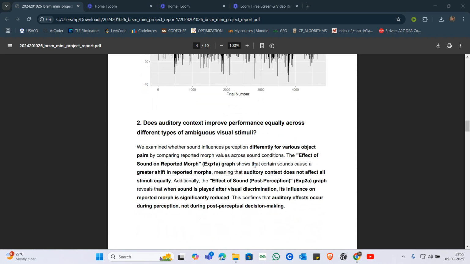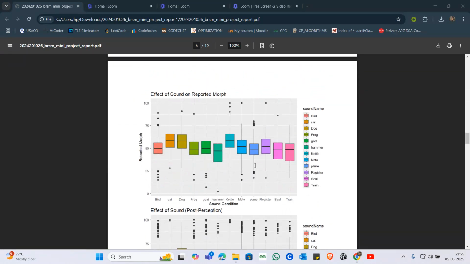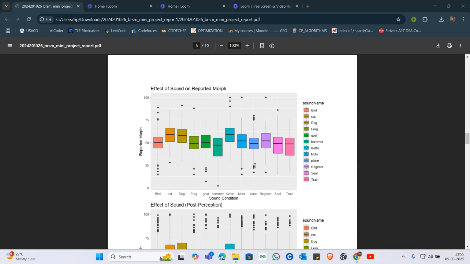Second question. Does auditory context improve performance equally across different types of ambiguous visual stimuli? We analyzed whether different sounds affect perception differently. The first graph shows that certain sounds caused a greater shift in reported morphs, meaning that auditory context does not